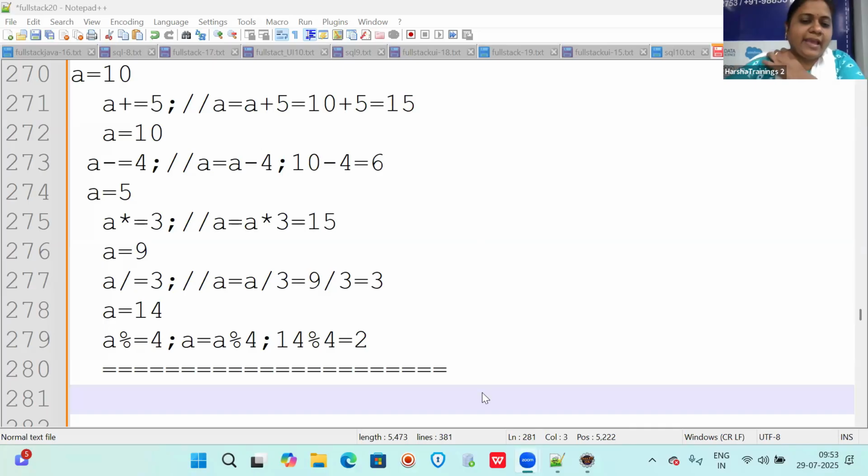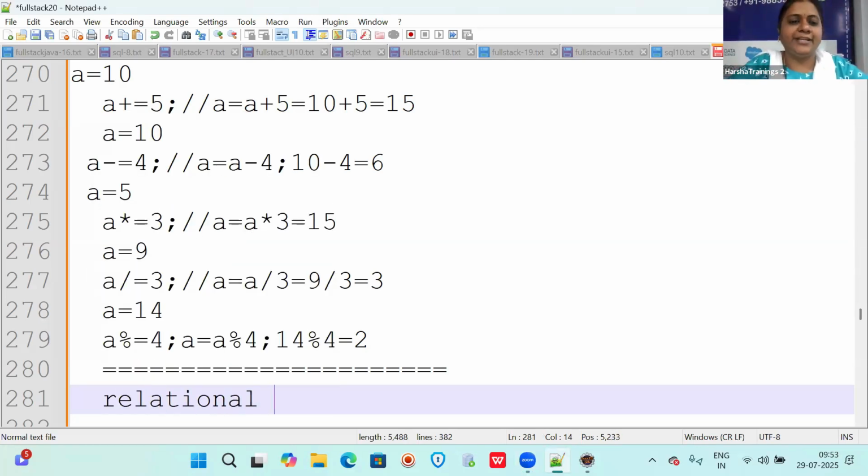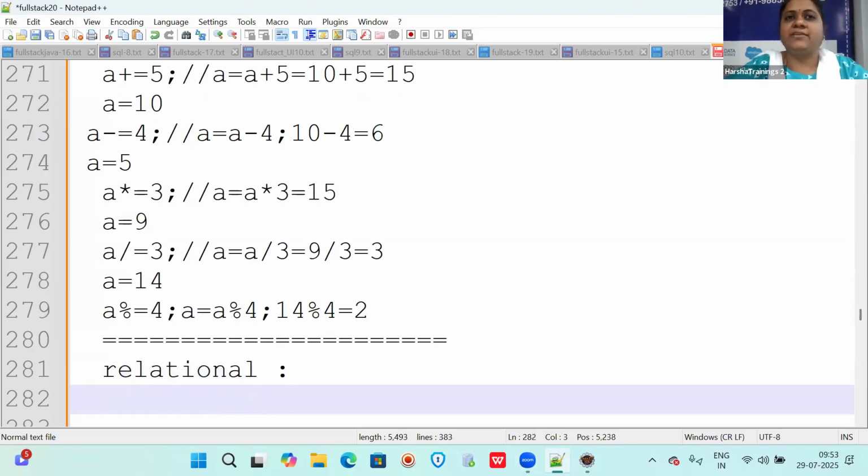Okay. Next, we have seen arithmetic operator, assignment operator. Next, let us see about the relational operators and conditional. Relational operators means we will tell the relation between the variables. Let us say you declared integer variables A, B, C, D. Now, greatest of two numbers or greater than equal to, less than equal to, not equal to, whether they're equal to. Like that, whenever you want to know the relationship between the variables, then we will use what?